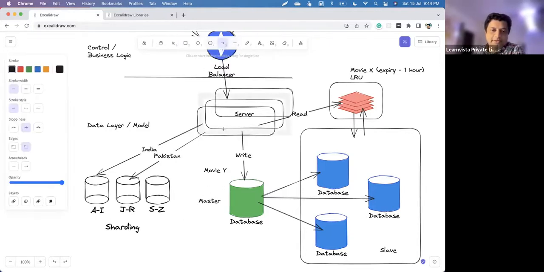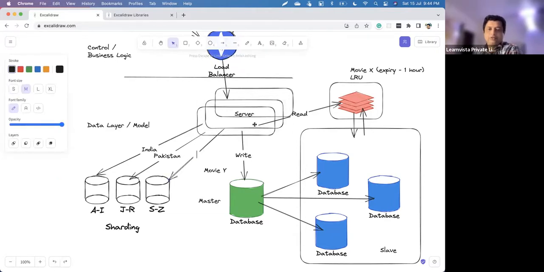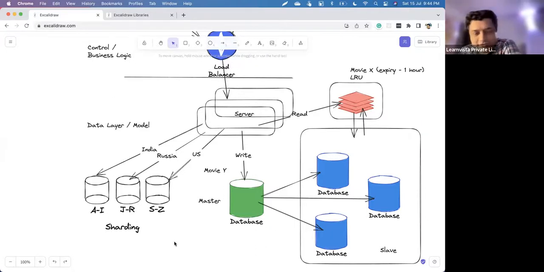If there is a booking in, say, US, this shard will be used. And maybe Russia. So something like this could happen, because your server can decide where, this server knows